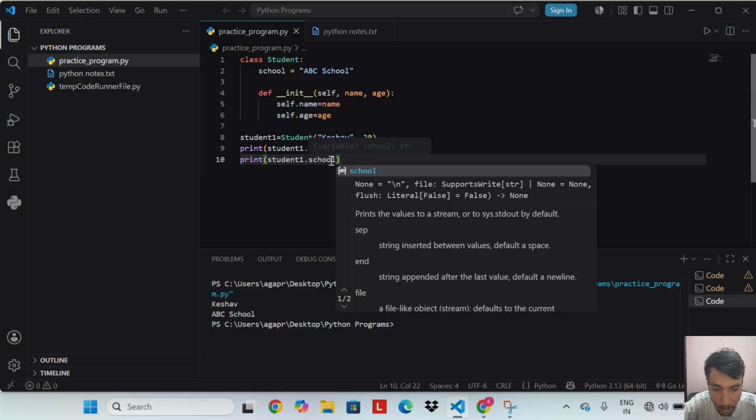Student1 dot school, we access the class attribute the same way, and output is ABC school. You can create as many objects as you need from the same class. Each object is independent with its own data.